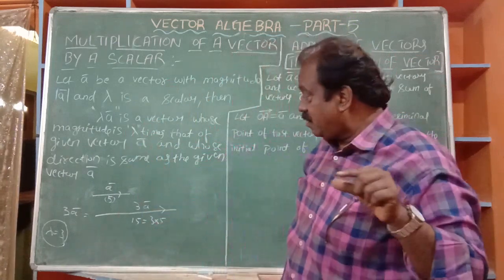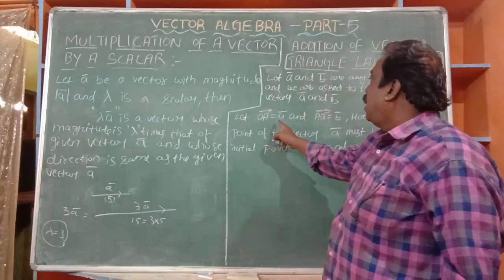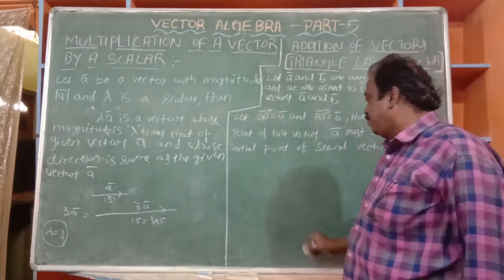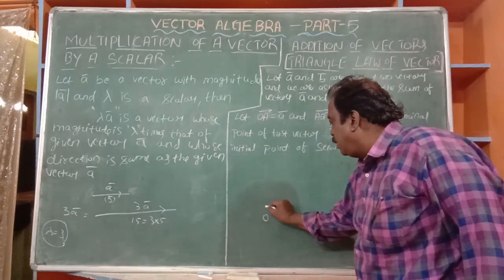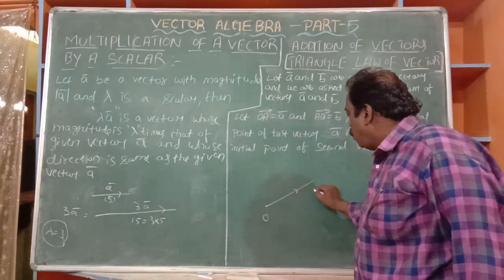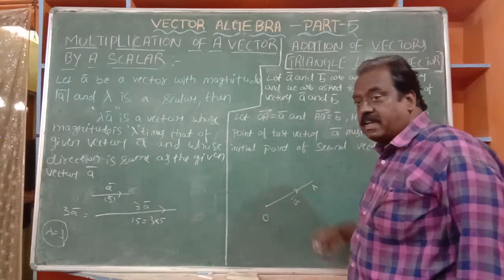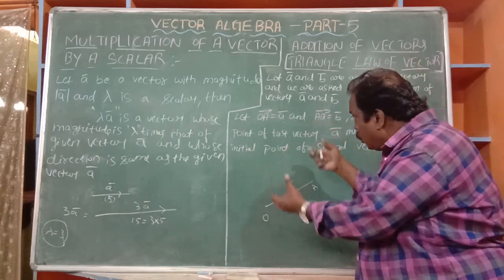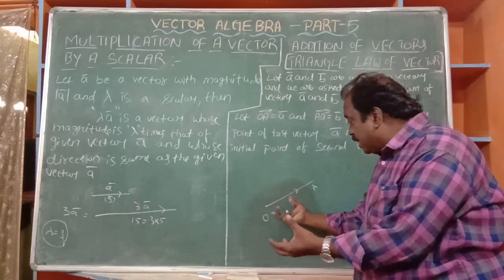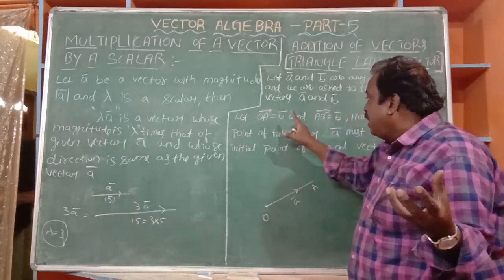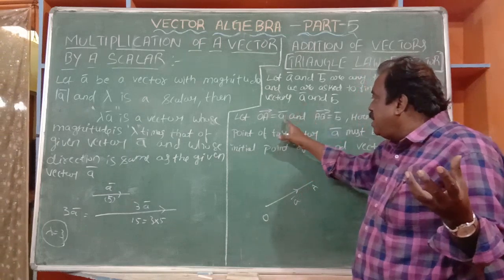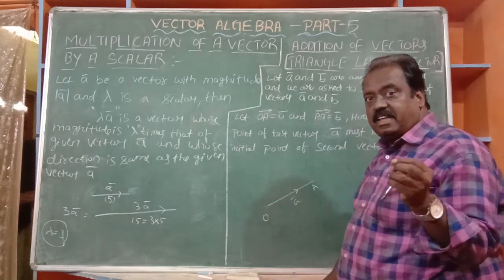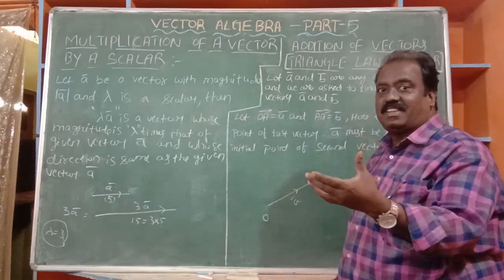But here you see, I am observing the given vector A bar as Y bar. That means O is the horizon, it is Y bar. I am taking the given vector A bar as equal to A bar. I draw a new vector A bar. Try to understand. A bar is the given vector. I am taking this A bar equal to A bar. Here is a very good concept: equal vectors.